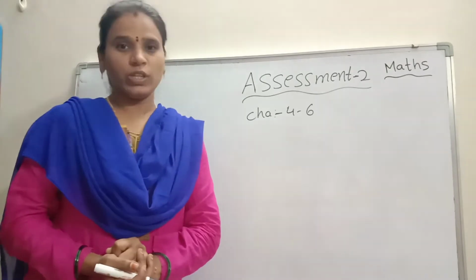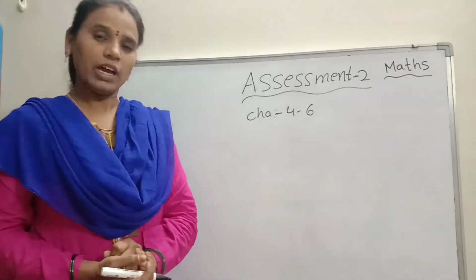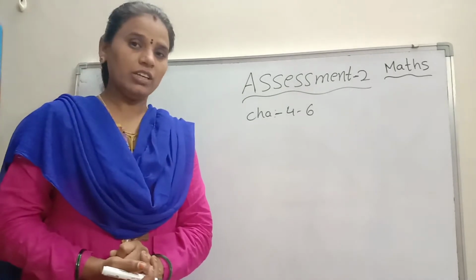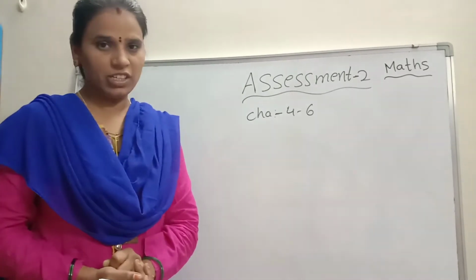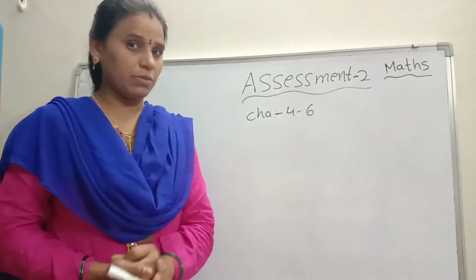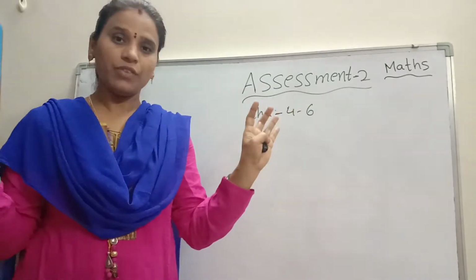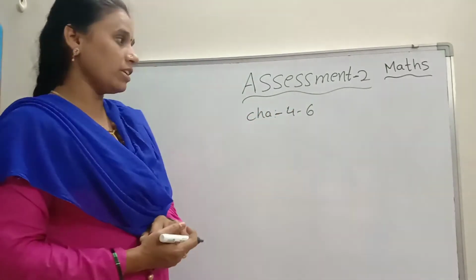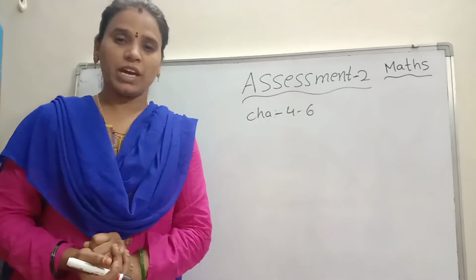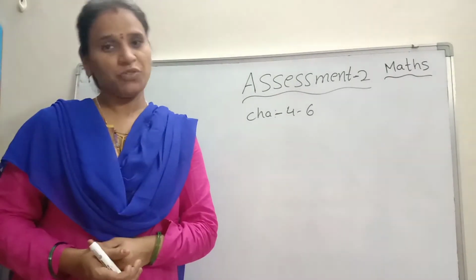Additions, right? You know the additions, the vertical and horizontal method, single digit and double digit also. Right children? And what is the 5th chapter? Subtractions. Subtraction means to remove, taken away. Yes? And what is the 6th chapter? Shapes and patterns. So these 3 chapters are very easy for you.